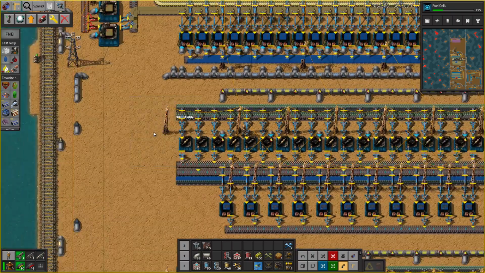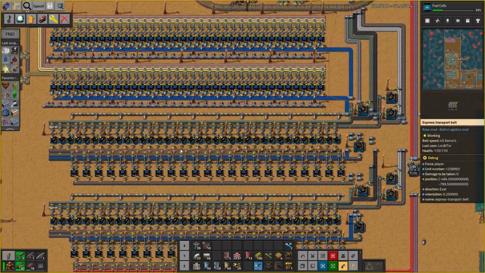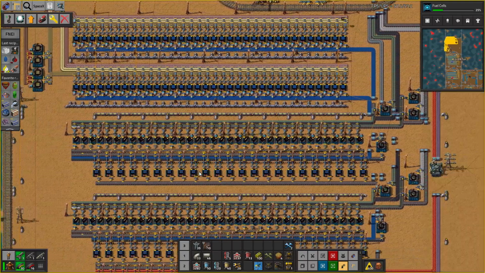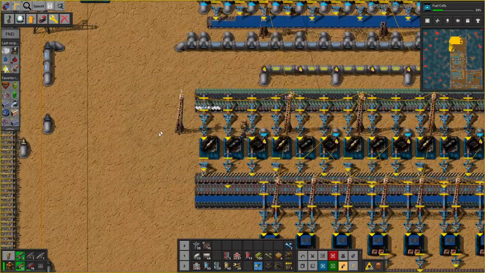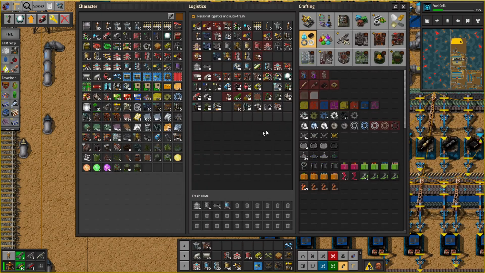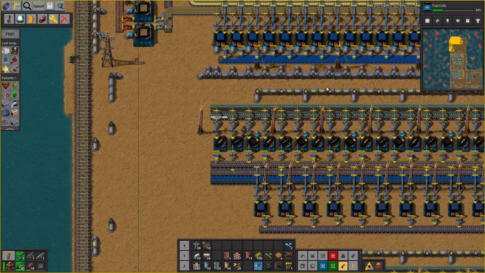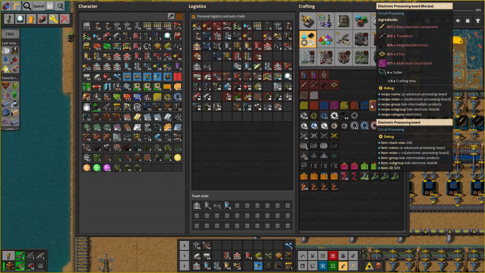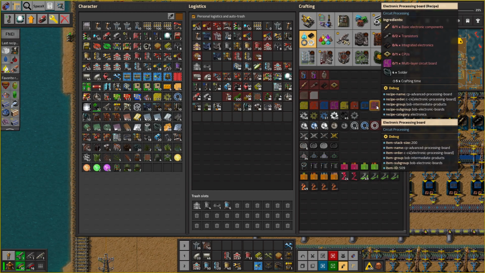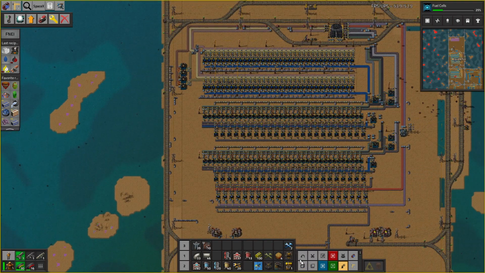We could rip out basic electronic components so that we could potentially make more boards. Make them off to the side sort of thing. 7 seconds makes 5. 7 seconds makes 5. And 5 seconds per. And if we kept the same number...